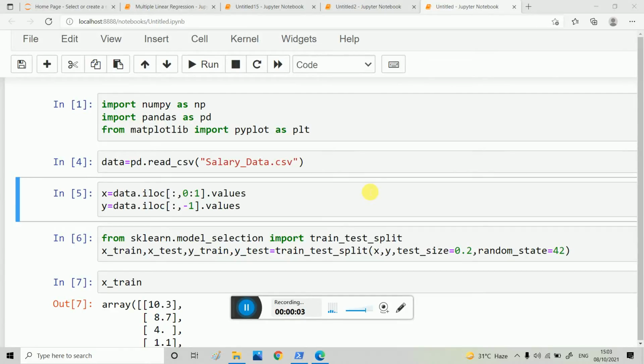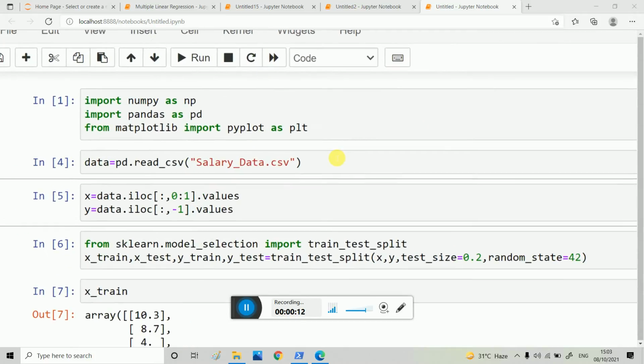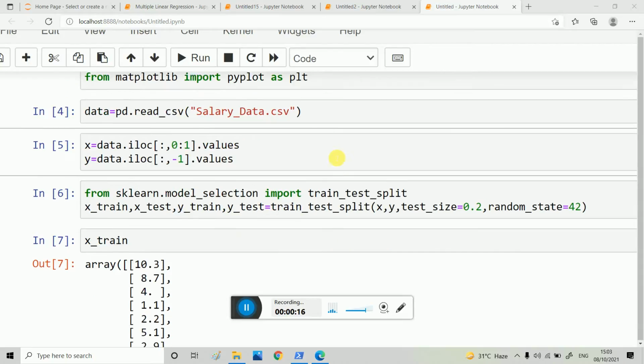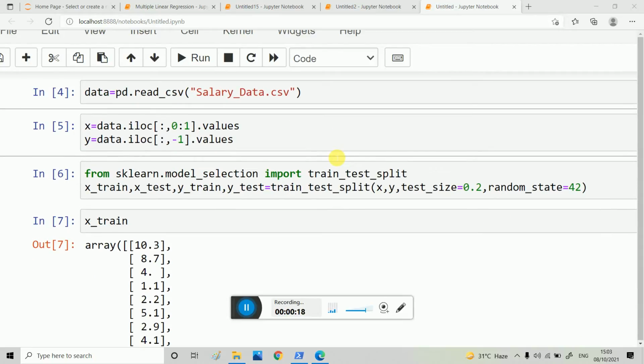In this tutorial, we are going to learn multiple linear regression. You can watch my previous video on simple linear regression so you get a better idea of that. In simple linear regression, there is only one independent variable. We have taken the example of finding the salary of a person. We have an independent variable, that is the number of years, and we have to predict the salary. So here there is only one independent variable and we have to predict the value.